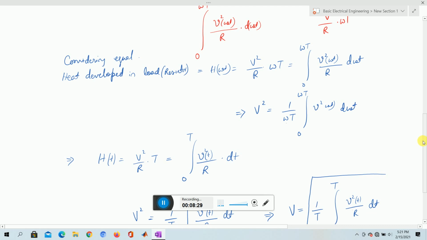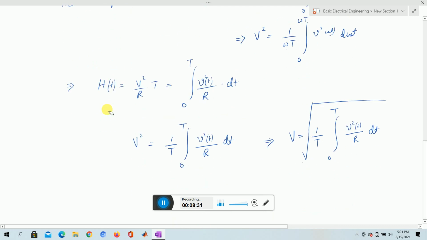Now after getting this value here also this r will be cancelled out because this cancels out. So here also we will get cancel out this value. So we will get this equation in this form. So finally if we are writing in terms of omega, here omega is multiplied, here omega is multiplied, and here also you will have omega, like v square omega t, and here also d of omega t.